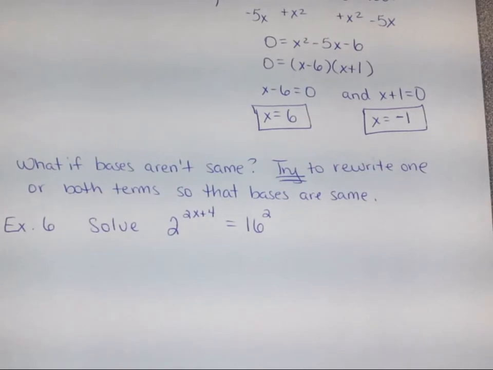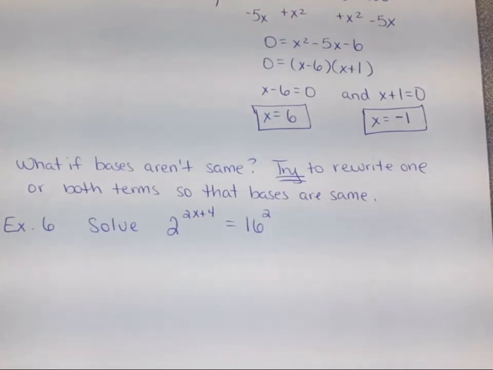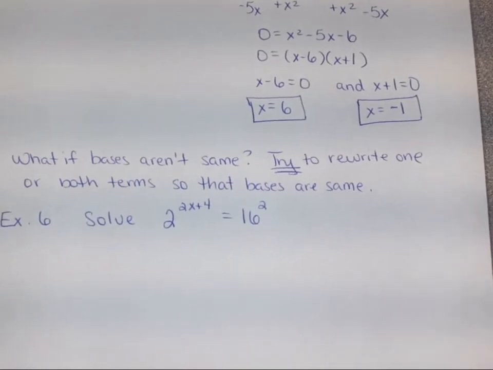Now I always have students who just want to say, oh, 2x plus 4 equals 2, and then they solve it, and they're done in like 2 seconds, okay? So why is that, although easy, not correct? Why is it not correct to go ahead and set the exponents equal to each other right now? Yeah, the bases aren't the same, right? So we're going to need to get the bases the same, or we can't even use that rule